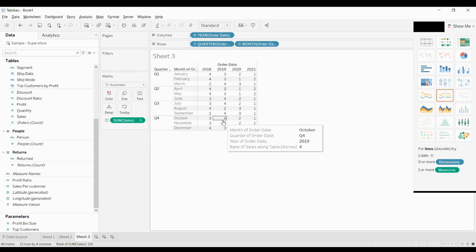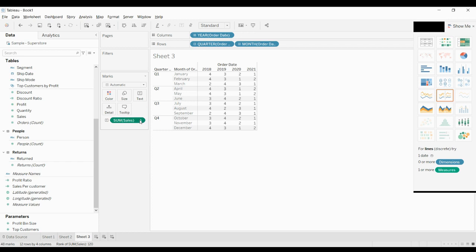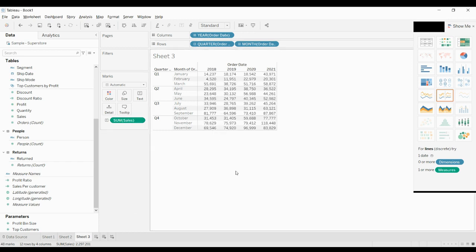So this is not for visualization, this is within the table and the values which you are using in your visualization. You can find more exciting features here if you just go and try. Once you don't want these things, you can simply click here, clear table calculation, which will come back to the normal form.